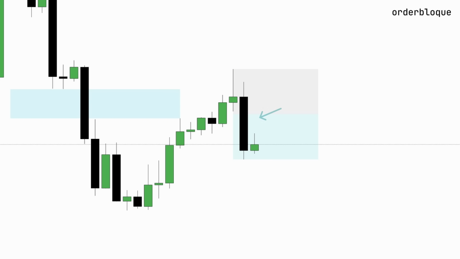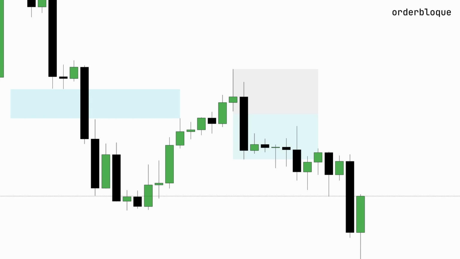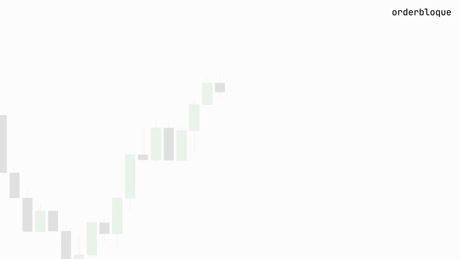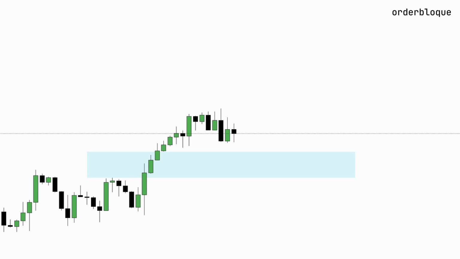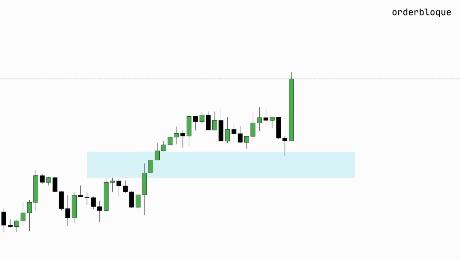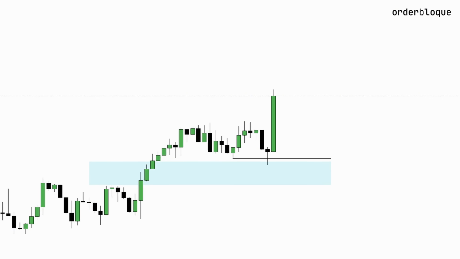It's noteworthy that this movement also creates a bearish fair value gap, from which the price later resumes its movement. Here's a similar example, but using a bullish fair value gap. On the 4-hour chart, the price rebalances this inefficiency, taking out liquidity from the fractal minimum, after which aggressive buying volume enters the market.